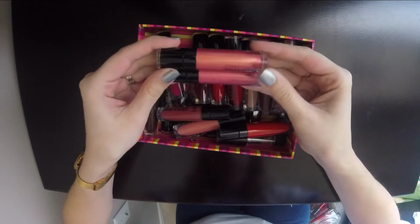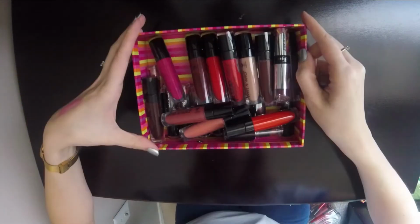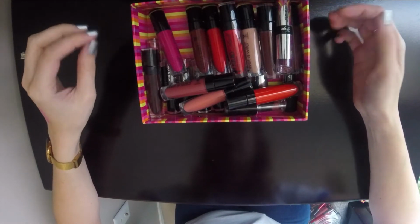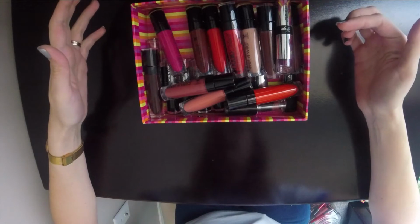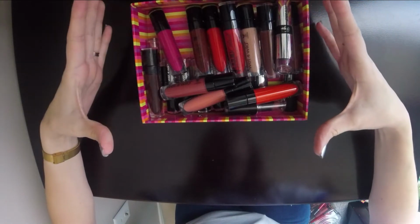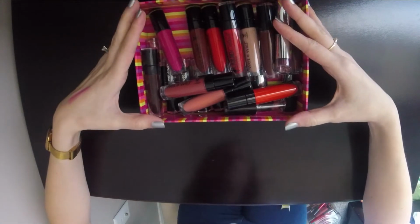I literally never reach for these, so I'm going to go ahead and pass these two along. The rest of this drawer is all Wet n Wild as well. I'm going to go ahead and pull out all of the permanent shades out of here and then leave the older shades, because what Wet n Wild did, if you're not familiar with Wet n Wild, they do a lot